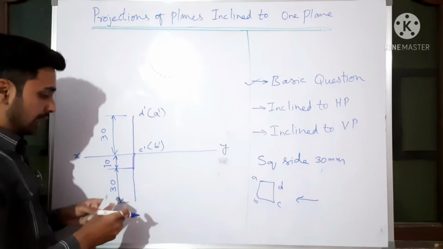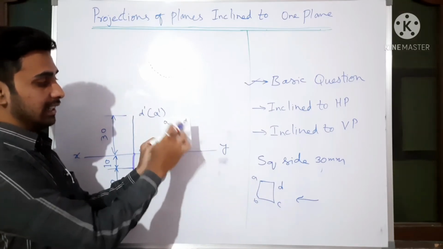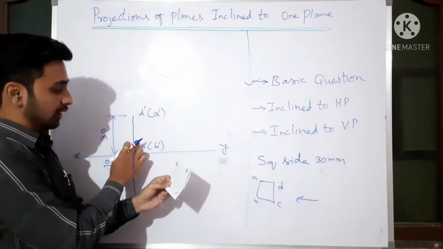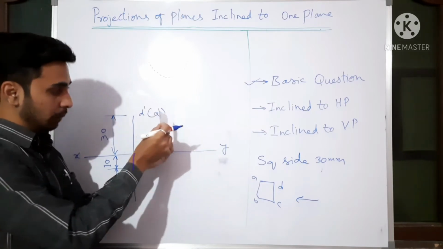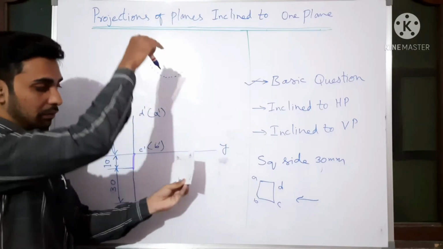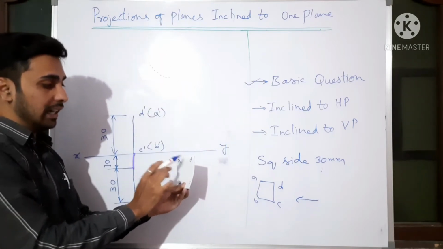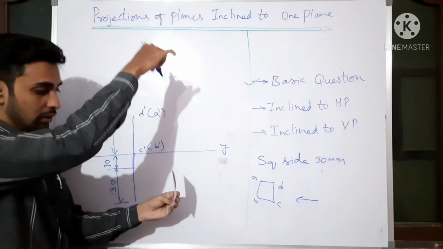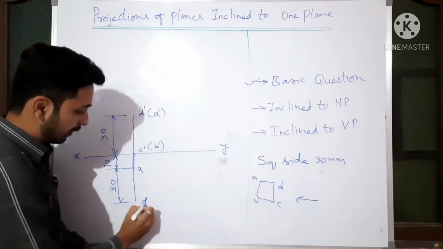This is also 30. Now D, C is here, A, B, C, D. It is like this. So D and C are in front of you, so C is outside the bracket, whereas A and B are inside the brackets. Same thing, the plane is like this. If you observe from the top, what you are able to see first are A and D. In A and D, the top view is like this. So this is rotated. A is here, D is here, like this.